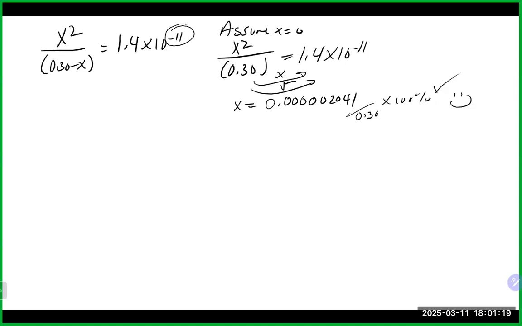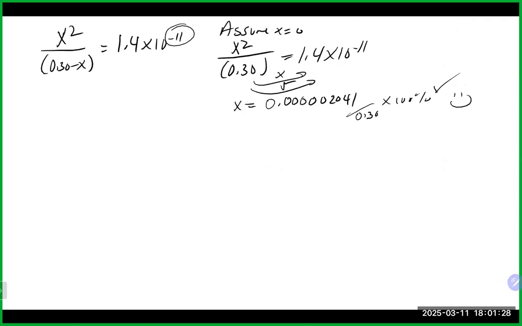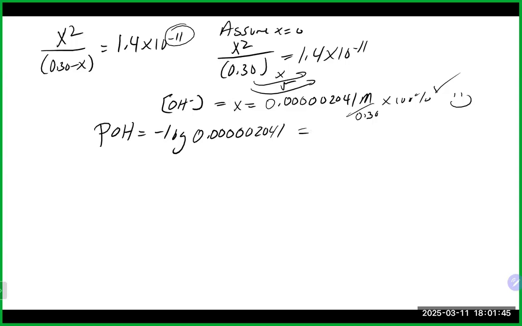That would mean in this case, if we go back to our table, the X here does not equal the H plus concentration, but it does equal the hydroxide concentration. So this would be our hydroxide concentration. We then could go into our pOH, which is minus the log of what we got going on there. And let's see, negative log. That calculator, I can't even see the buttons. All right, so